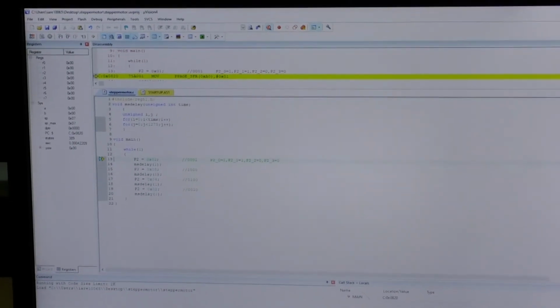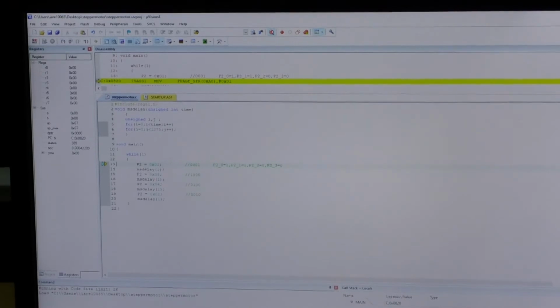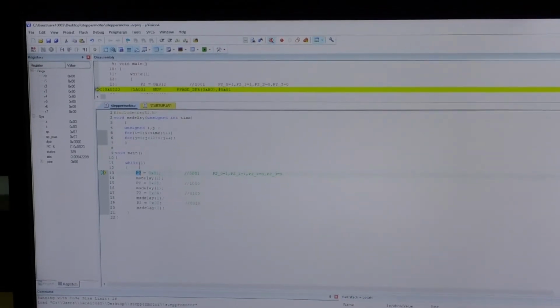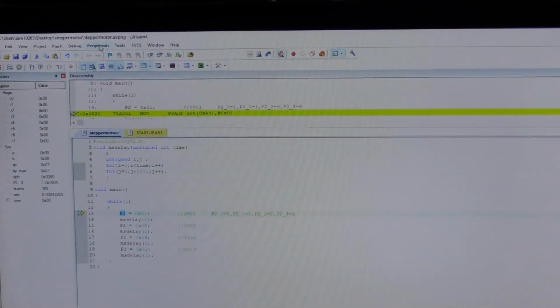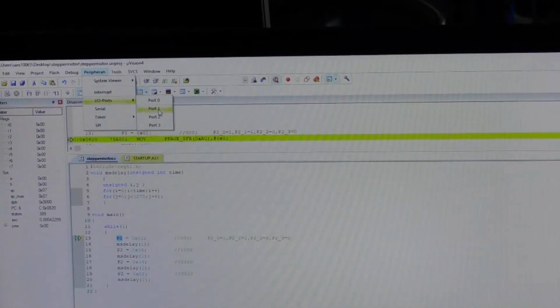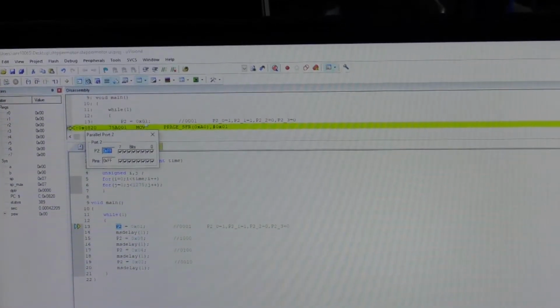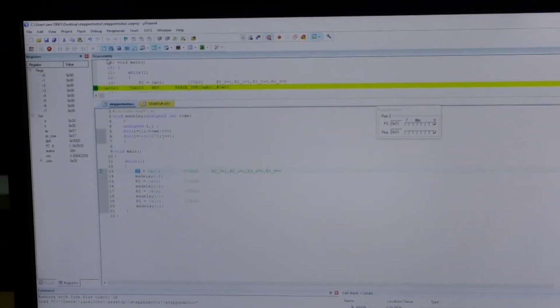For interfacing this stepper motor with the 8051 microcontroller, we are using port 2. Choose port 2 by clicking on Peripherals, going to I/O Ports and Port 2. Now click on Debug and Run.